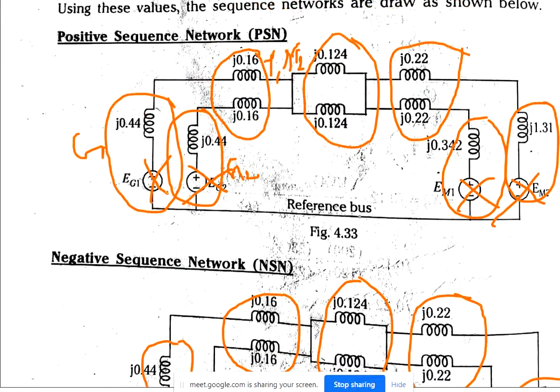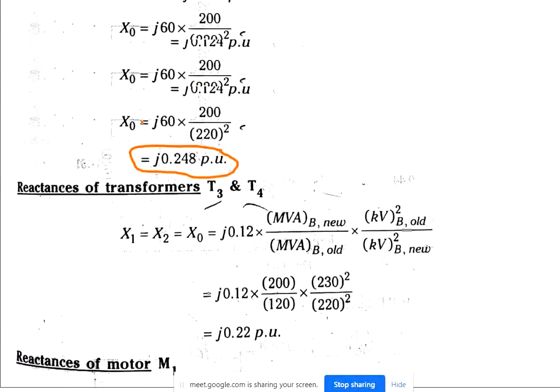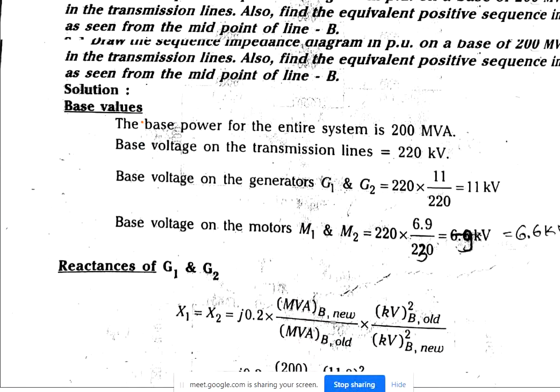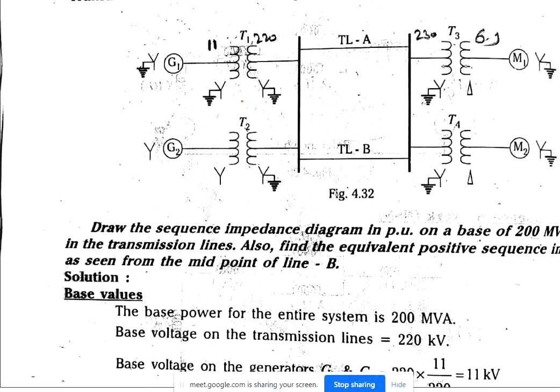So here you can see the figure. Since my generator is solid grounded, it doesn't matter about 3x here. For all this you can see this is solid grounded, and this is solid grounded, and this is solid grounded, and this is just ungrounded. So for ungrounded, you need to keep generator 2 as open.